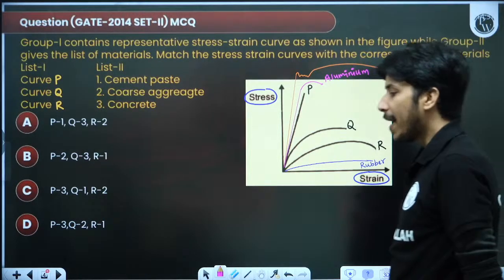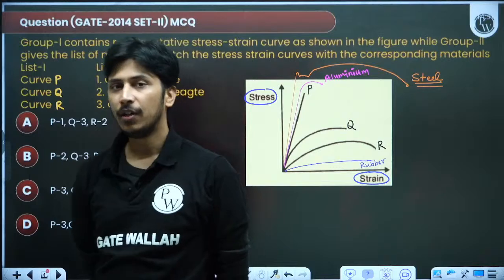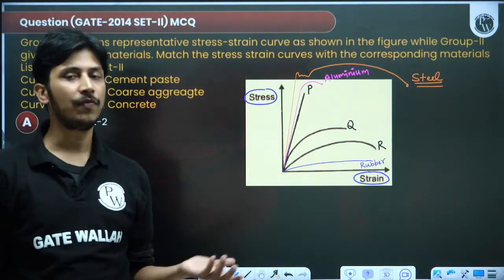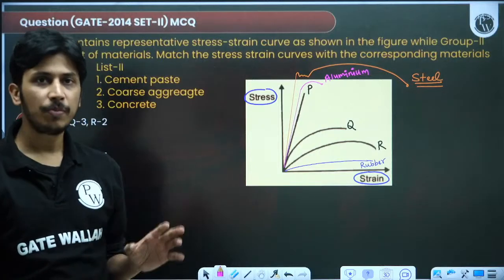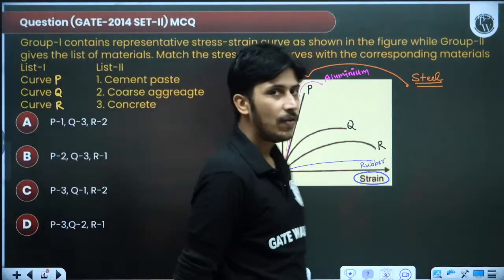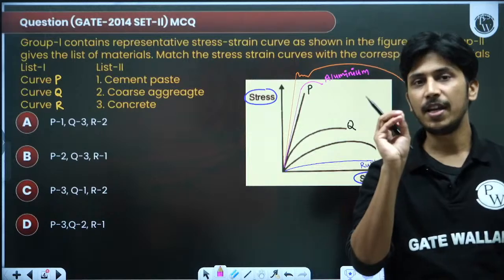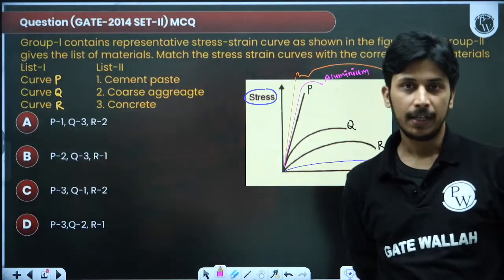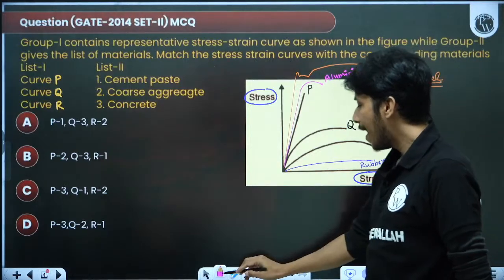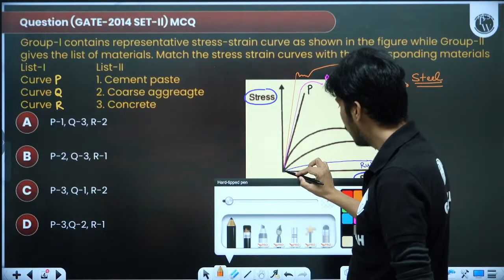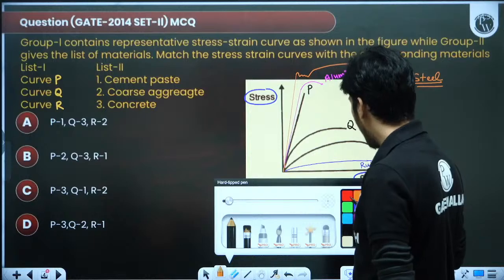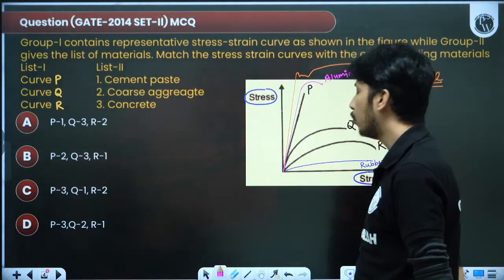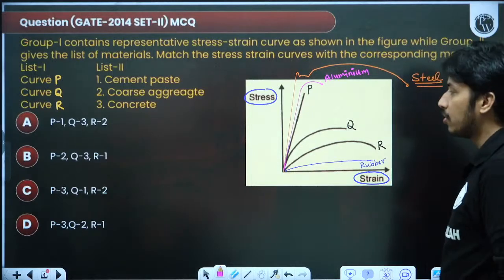Now sir, what is the catch here? Without remembering the curves, how can we understand which curve is of which type of material, without mugging up these things? So always remember, if the material is very hard, then its slope will be very high. Hard metals are highly elastic, meaning their modulus of elasticity is very high and they will have more slope. Hard metals will have more slope because their modulus of elasticity is very high.